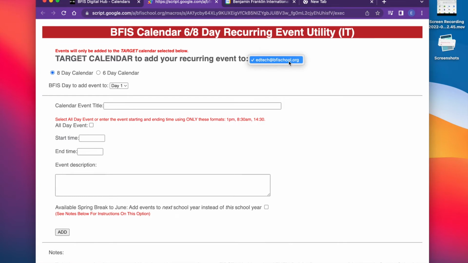You might have other calendars on there. For example, if you have any Google Classroom calendars, make sure this actually has your name on it. So mine would be Jillian Z, but since I'm using the EdTech account, that's why it's like this. And then in the elementary school, we use the 6-day calendar, so make sure you change it from 8-day to 6-day. And let's say that on every day 1, I teach math